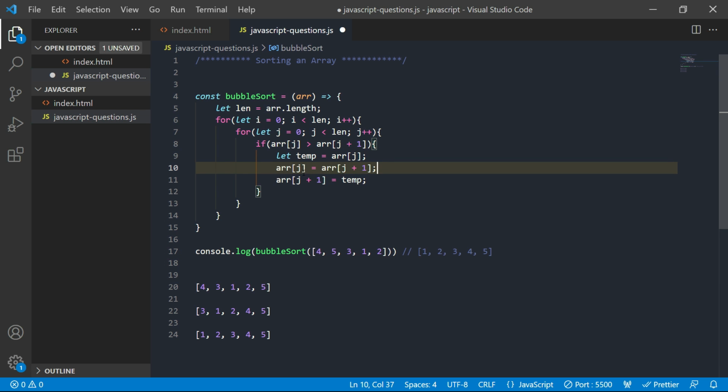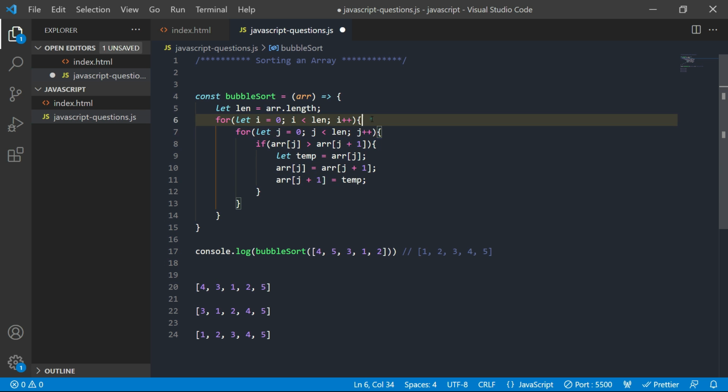So this is how we swap their positions. So now it becomes 3, then 5. That's how in every loop it is going to check these adjacent elements, and if the first is greater than the second element, then they are going to swap their positions.